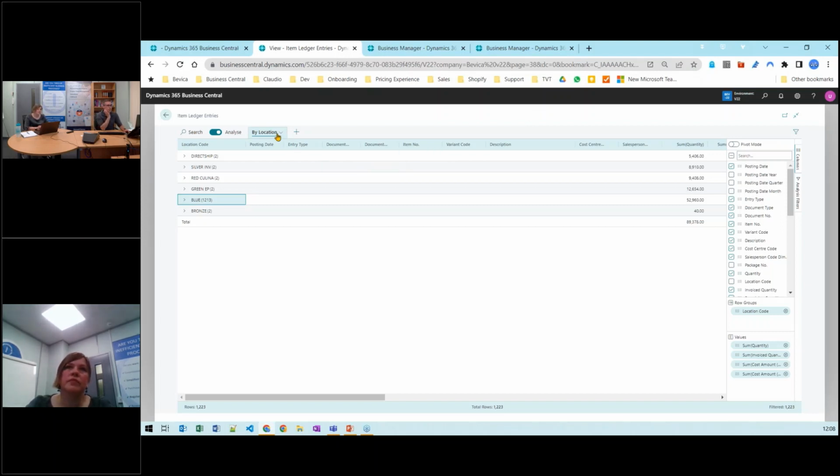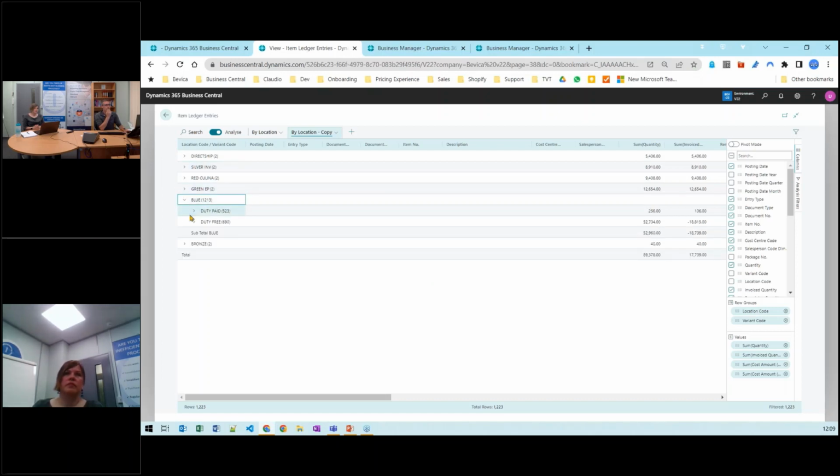So what I can also do from this tab, I might then say I want to duplicate it. So basically it creates a copy, and on this one, what I want to do is do it by location and duty status. So if I grab variant and bring that one down underneath location. So now if I click on